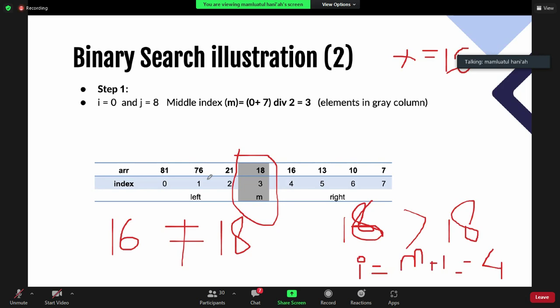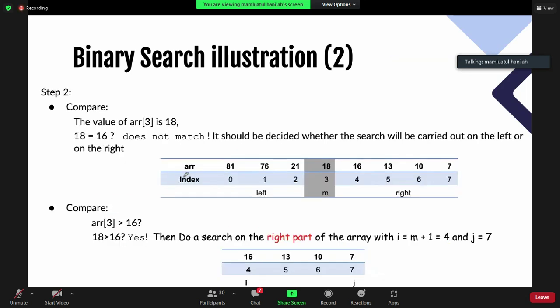Okay, in here it becomes like this. This value is false, it does not match. You need to decide whether the search will be carried out on the left position or right position.